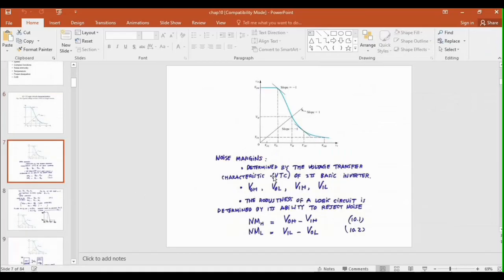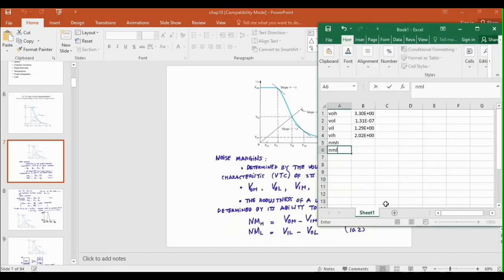So you need to determine VOH, VOL, VIH, VIL, and the formula for noise margin high is VOH minus VIH, and for noise margin low, VIL minus VOL.